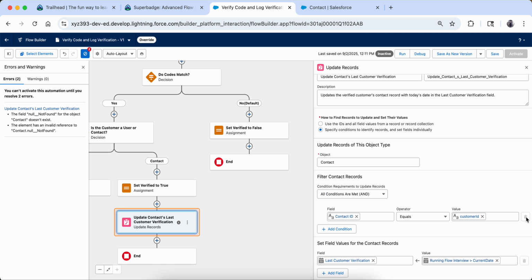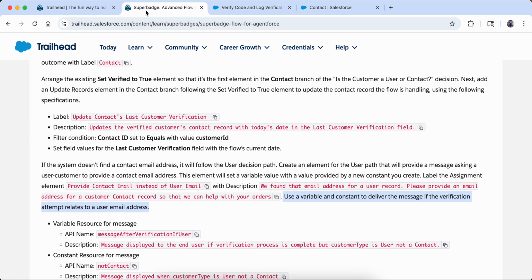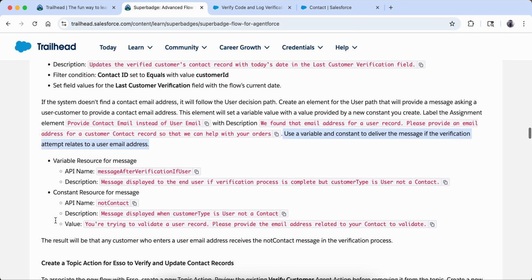Okay, I am going to cancel this out. Yeah, now it is okay. Now I think this error will go. It should go now. So it is saving. Yeah, the error went away. Okay, so this was one mistake I did. So we have to set the field values here. Okay, great. Now let's read the other one.